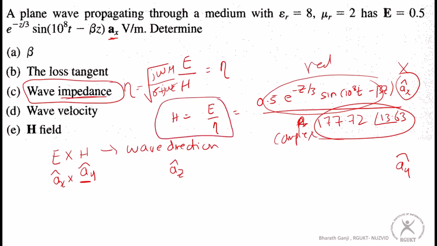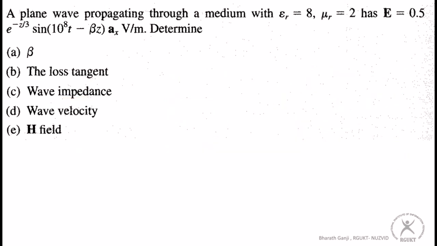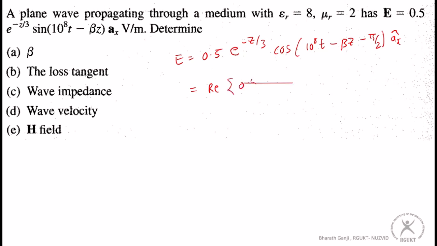First you need to convert your electric field expression into phasor domain, then you have to solve it. So first we'll convert into phasor domain. It is 0.5 e power minus z by 3, and sine I will write in this way, cos of 10 to the power of 8 t minus beta z minus pi by 2 ax cap. So the same thing can be written as the real part of 0.5